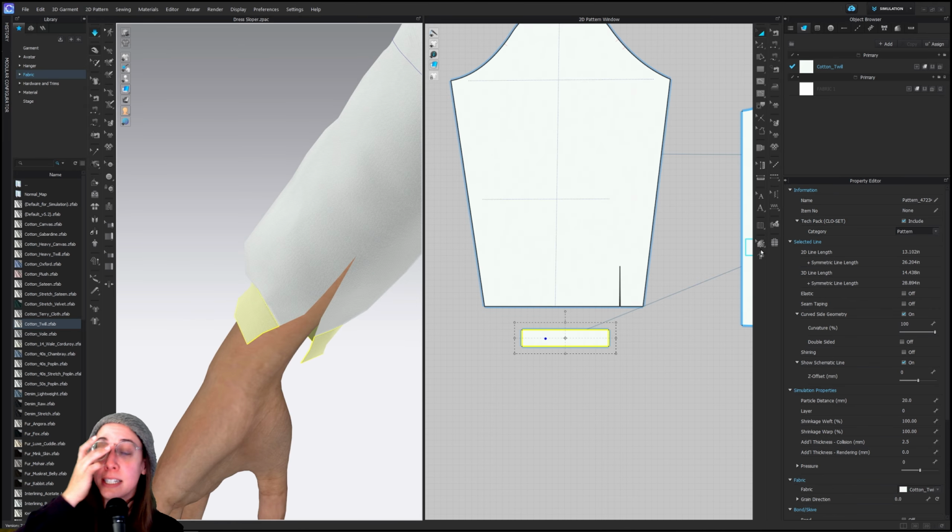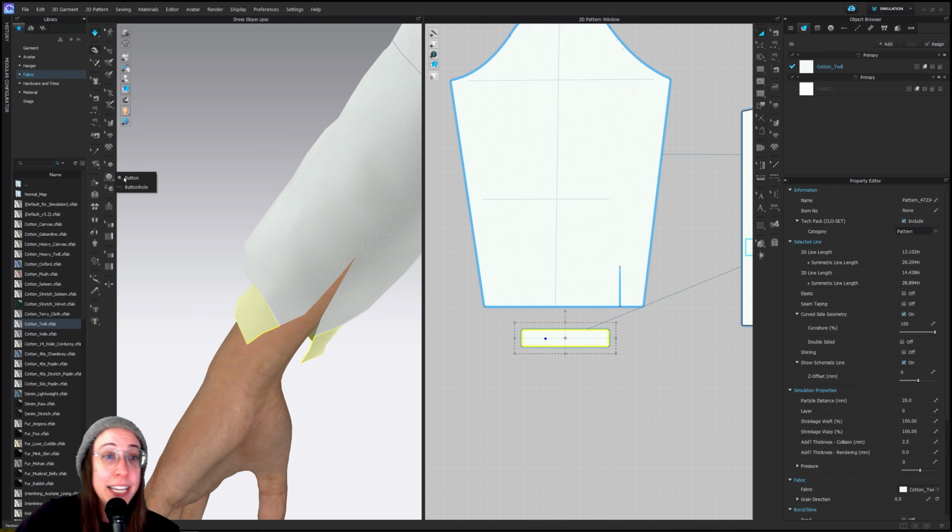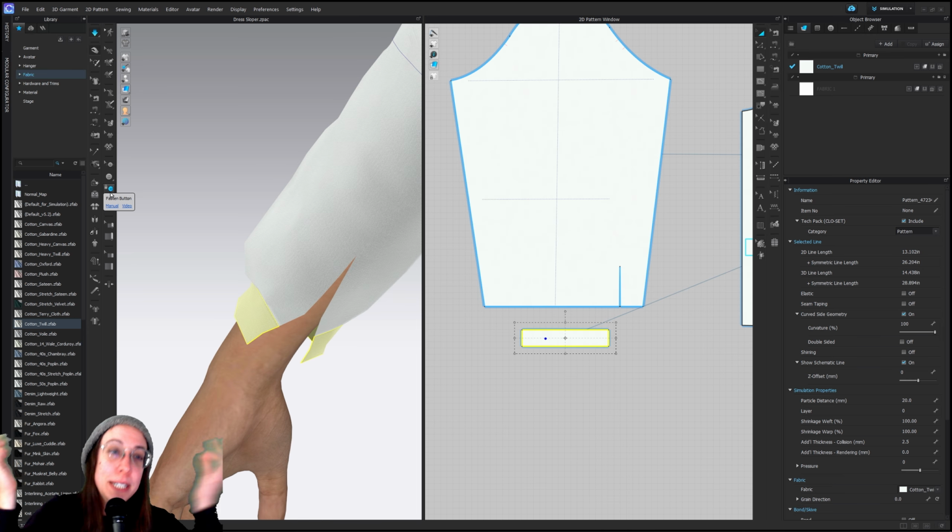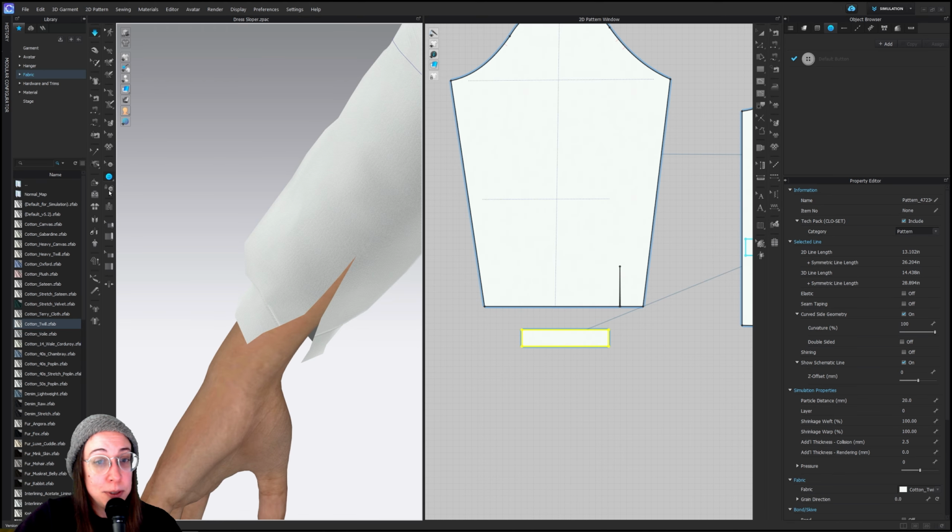So we can grab the button tool first off. I love the button tool. It's very interesting. If you click and hold on this central button tool, because there's the edit button tool and the fasten button tool. With that central button tool, you can click to place a button, and then there's another tool for clicking and placing